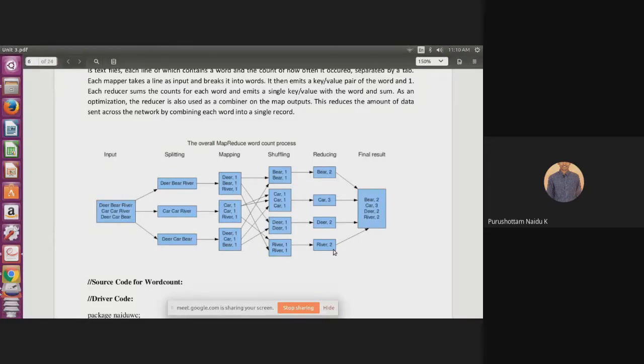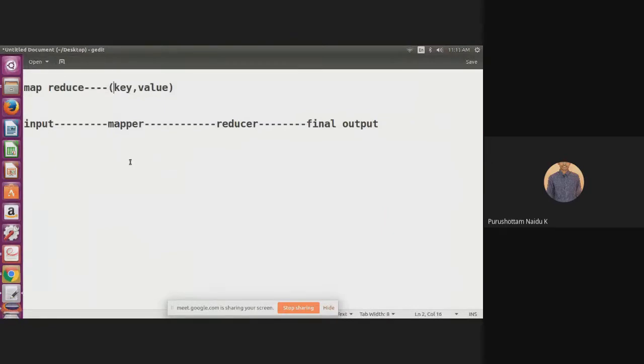before writing the logic, first you have to identify the types of the input key value pairs of the mapper and the output key value types of the mapper, which are the same as the input to the reducer, and what the output of the reducer is and the type of key value pairs of the reducer. So we have to identify which data types we use as key value pairs, for mapper input and output and reducer input and output. Okay, I hope everyone understands. So now this is the actual flow of the MapReduce model.